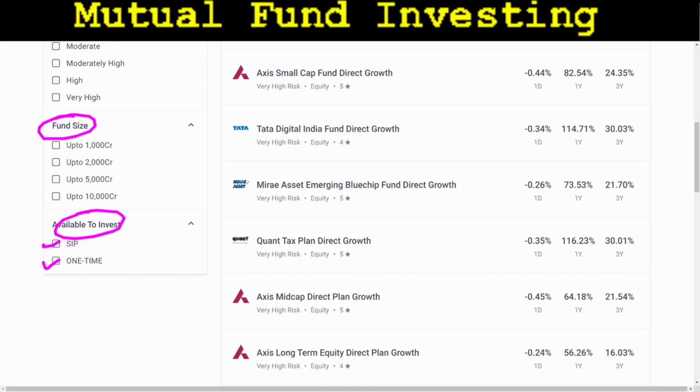If you are taking the SIP mode, then note that according to different studies which were done previously, it is better to choose a date of around 15th to 16th of that month, or either 27th or 28th of the month, because it is found that investing on these dates has generated a bit higher return than the normally selected days, which is generally in the first week of a month. This is because mutual fund companies try to extract as much as possible from a customer. So they know that in the first week of the month, salary is credited to their clients' accounts, and as soon as the salary is credited, they want to debit the amount.